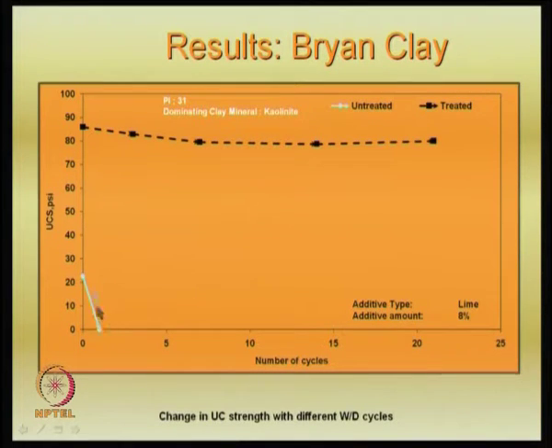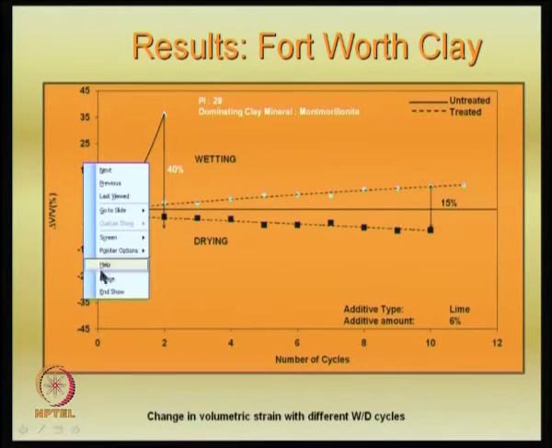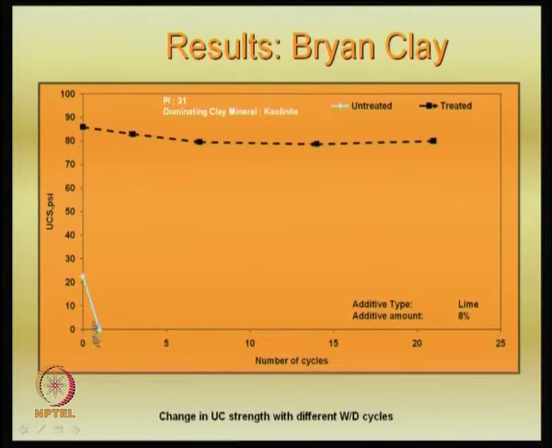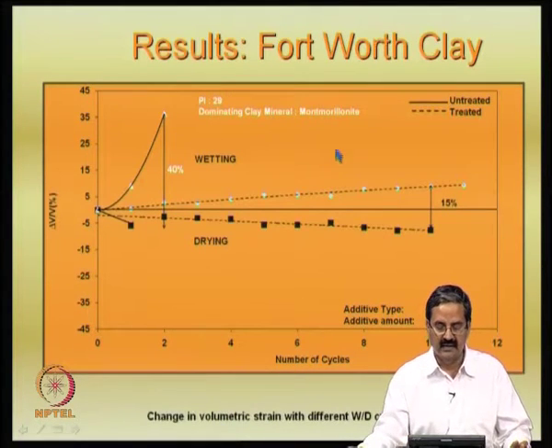In the case of untreated material, the shear strength is actually so poor that it is a very small value. But here you can see that kaolinite, of course, is the dominating clay mineral. It is quite consistent here in the range of about 80 psi, which one can convert using a multiplication factor into kPa, and this is quite a good number. Here in this case the dominating material is montmorillonite,